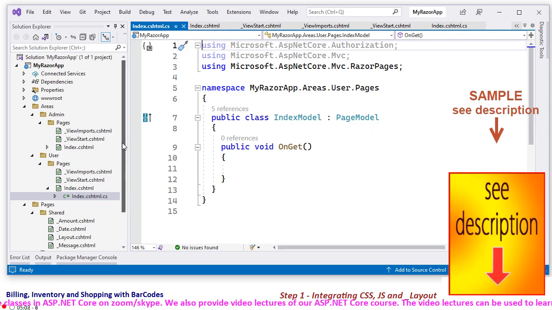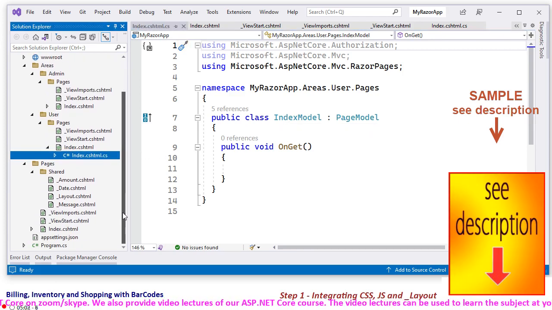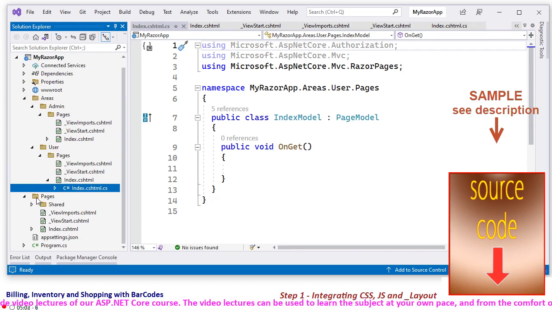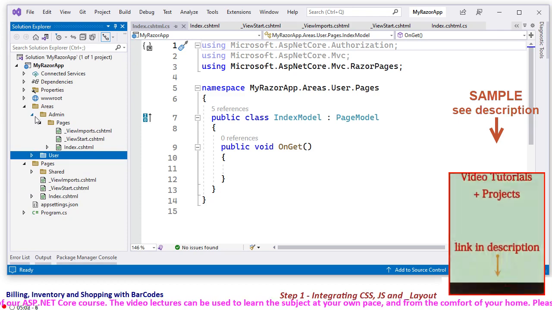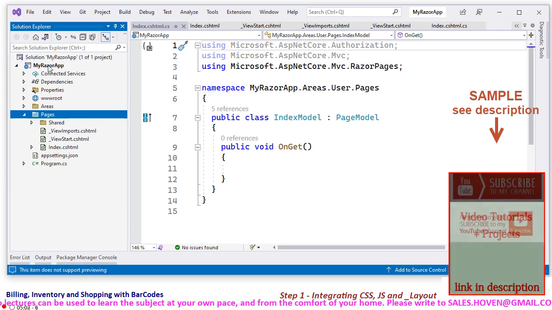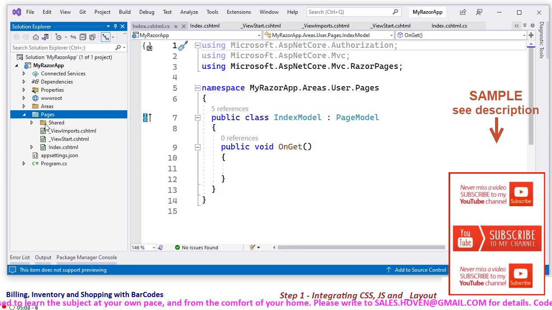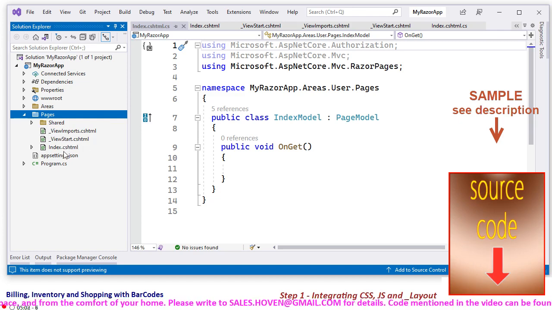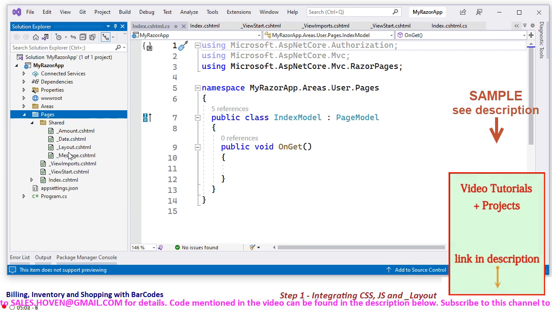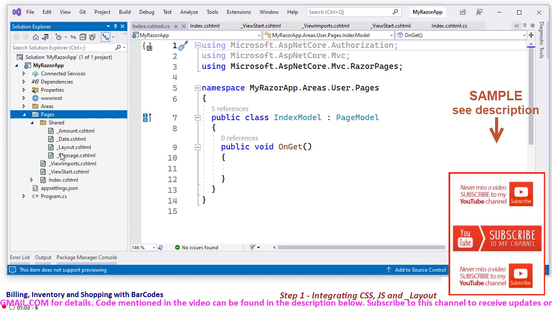And after this, let us scroll down to the Pages folder, and inside the Pages folder I have a Shared folder. Let me fold off the other ones so that things remain clear. Inside the Pages folder of the root directory I have a folder called Shared, and all my pages are lying outside this Shared folder. ViewImports, ViewStart, Index, they are all supposed to lie outside the Shared directory. And inside the Shared directory I have pages starting with an underscore, capital A, capital D,